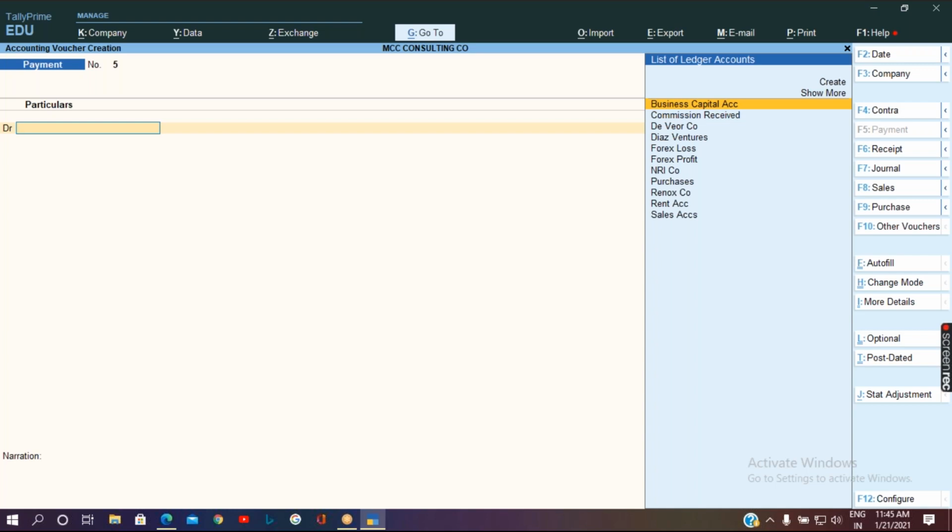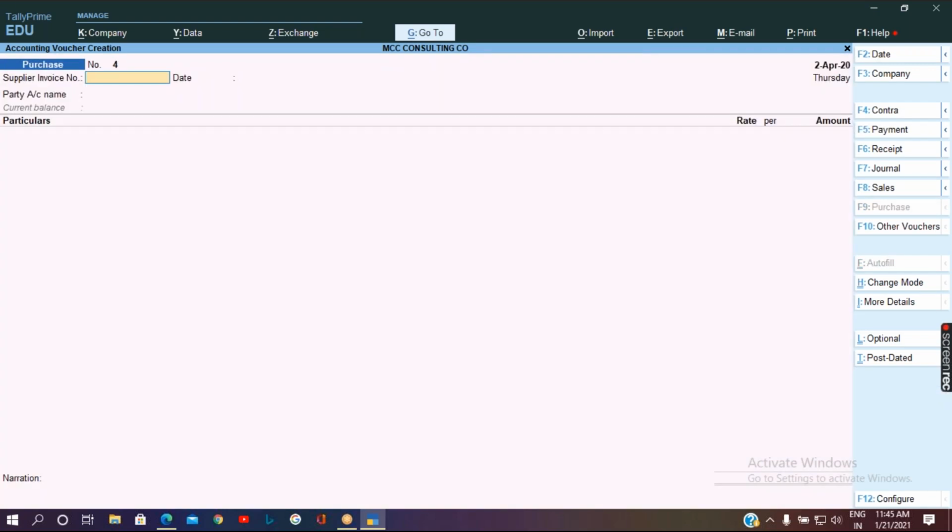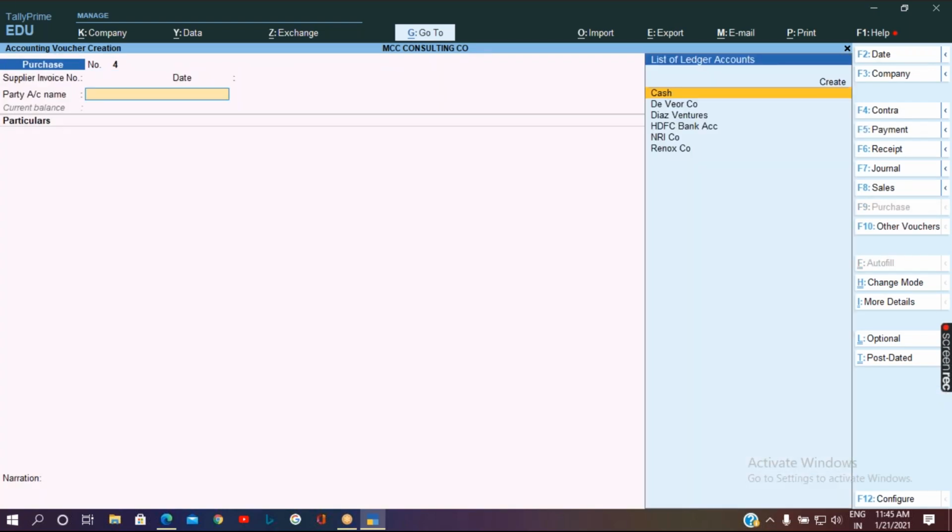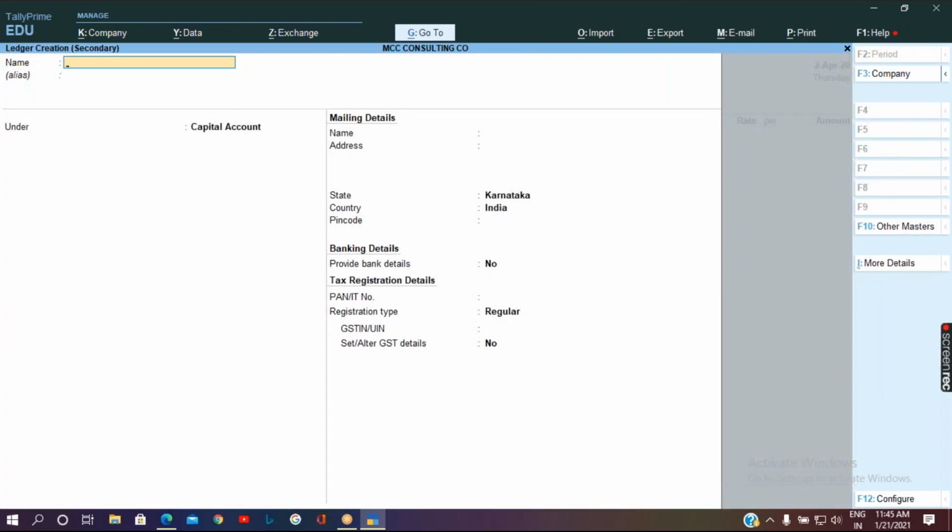So let me go to the vouchers and pass the transactions. Let me go to F9 Purchase. Let me pass the transaction in the accounting invoice mode. Let me take the party name. I'll create a party by using Alt C, or I can use the create option on the right hand side. So let me create the company.